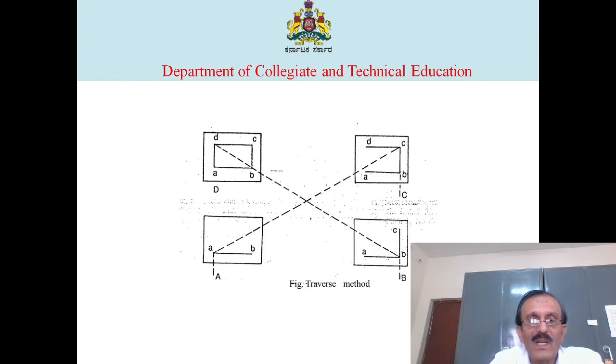That's how the progress of the traverse will be conducted. Initially, starting with station A, you draw the ray to station B, then shift the instrument from A to B and do all the adjustments. Then you take the sight on A, orient the plane table, clamp it, and then sight the next station. This process will be repeated, and again a cross check can be done by taking sights on the other diagonal stations.